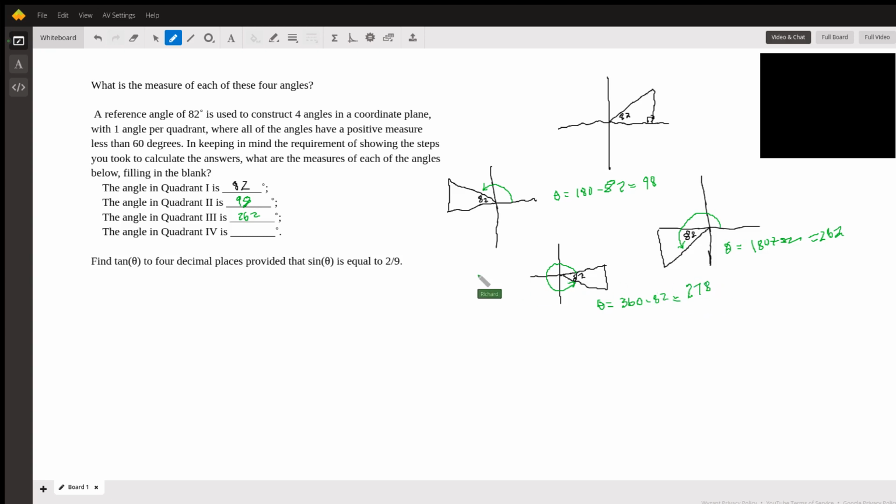It's important to understand the difference between the reference angle and the angle itself. And I think color helps here. And hopefully this is clearing up the misunderstanding that I think occurred here in the wording of the first question. So let's move on to the second question,